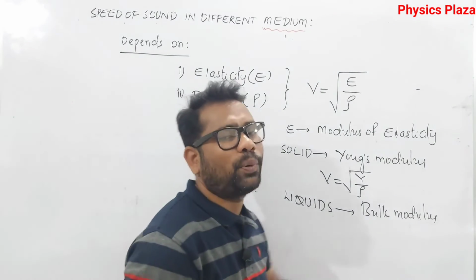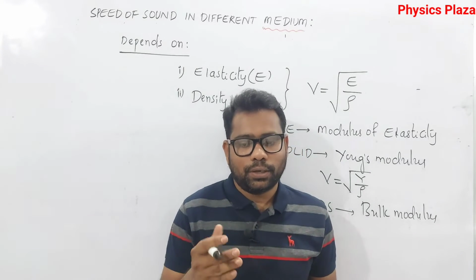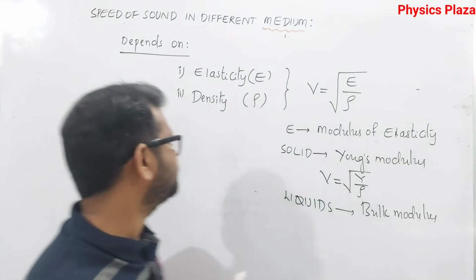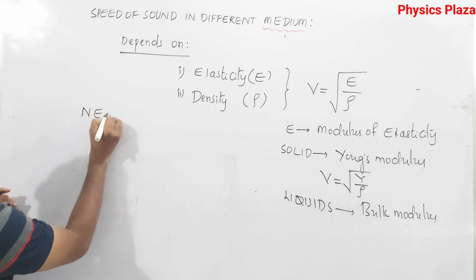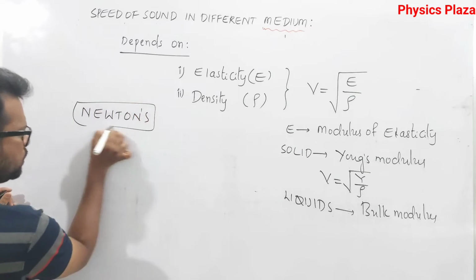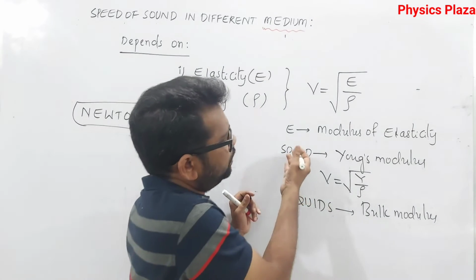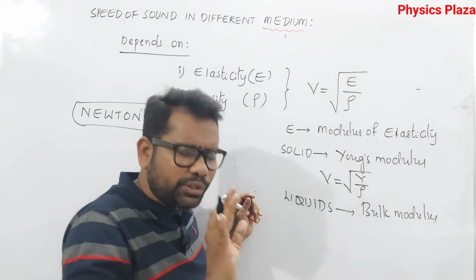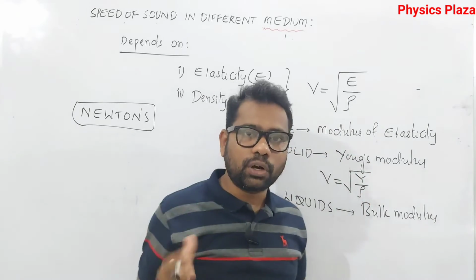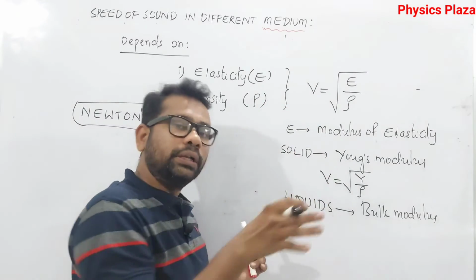But children, here is one more important point regarding the speed of sound. The scientist who took the initiation to calculate the speed of sound in air is Sir Isaac Newton. So we have the Newton equation, and again we have the Laplace equation. From the examination point of view, just remember them; numericals won't be asked. Some of you may be confused about what modulus of elasticity, Young's modulus and bulk modulus are. Just leave it. It's not a matter, because it is important for +1. Just remembering the formulas and what we call E and rho is enough.